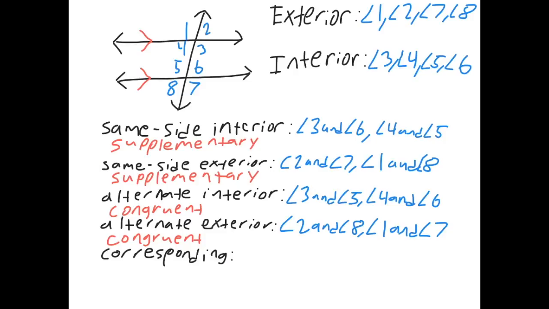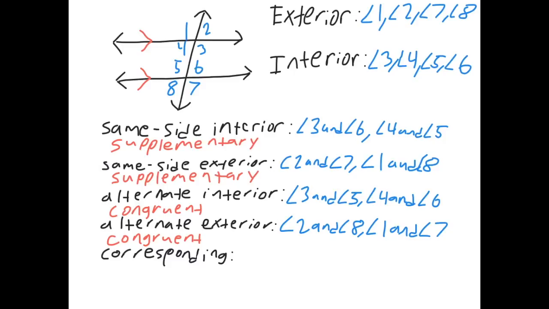The last one, corresponding angles, I think is the most difficult to visualize. So corresponding angles, if you look here in the shape, the first parallel line, the top parallel line, makes 4 angles. 1, 2, 3, 4. The second parallel line also makes 4 angles. 5, 6, 7, 8. So, if you were to take the bottom 4 angles and move them up so they're on top of the top 4 angles,